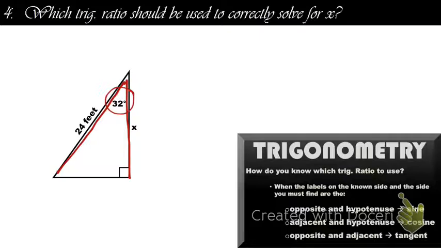The longer of the 2 sides is the hypotenuse, the shorter of those 2 sides is the adjacent, and the remaining side is the opposite. So in this problem, the side that we must find is the adjacent, and the side that we know is the hypotenuse. So if we take a look at SOHCAHTOA,